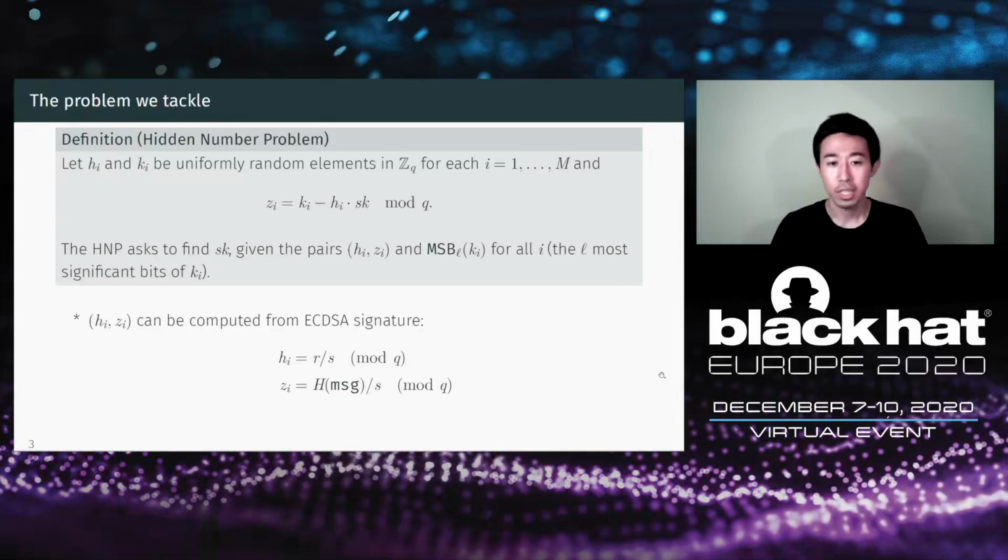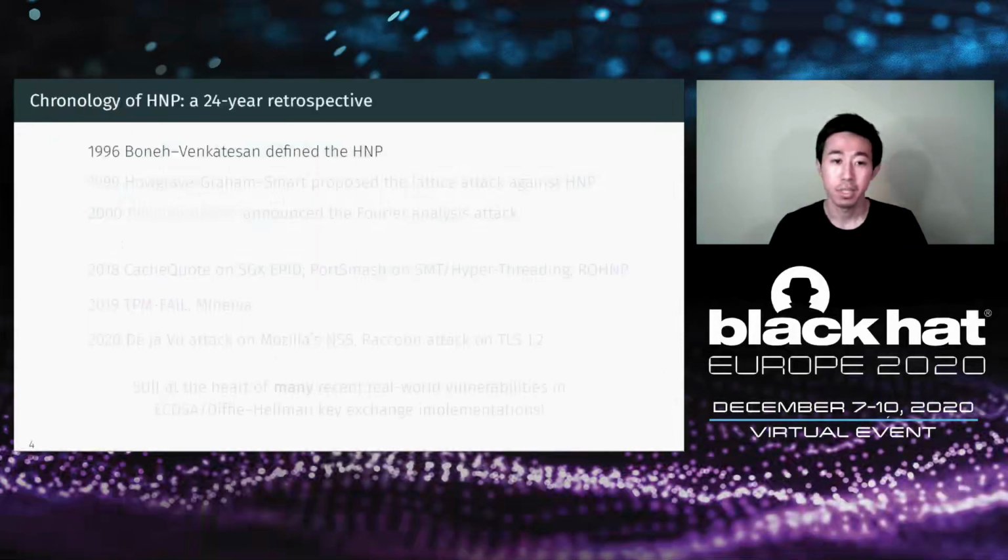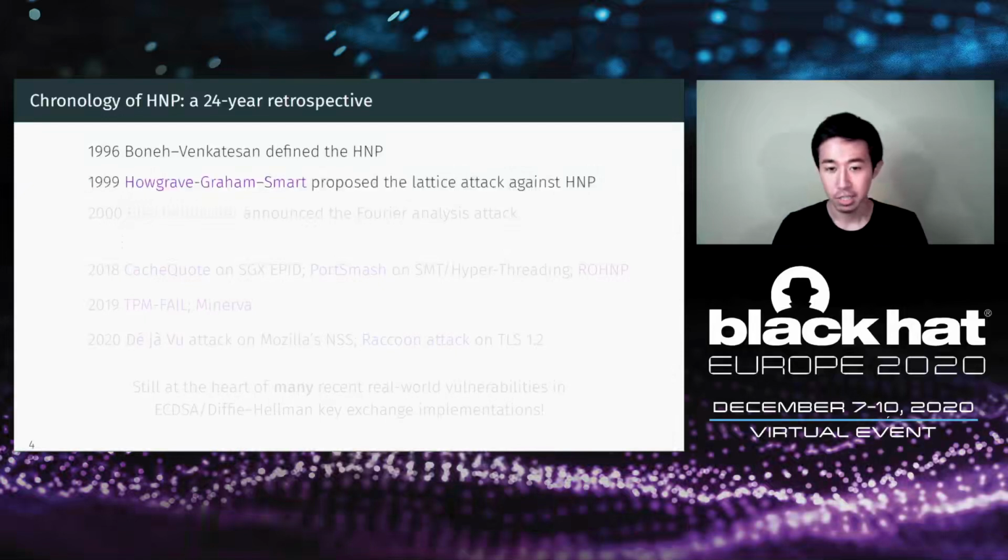So why do we study the hidden number problem? Actually, the hidden number problem has been around for more than 20 years. And the fundamental attack methods were already developed in the late 90s. The first one is called the lattice attack, originally proposed by Howgrave-Graham and Smart. And soon after that, Bleichenbacher announced a completely different attack method called the Fourier analysis-based attack, which we study in